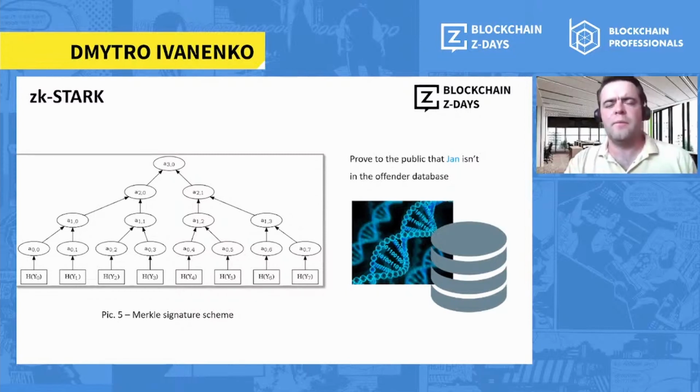When the verifier created this proof, the prover will send the way how the verifier created the proof for him. And the third stage,